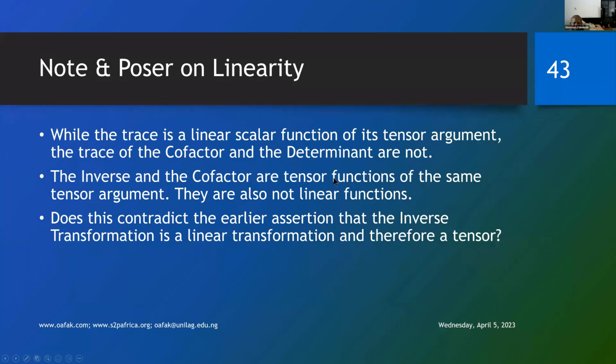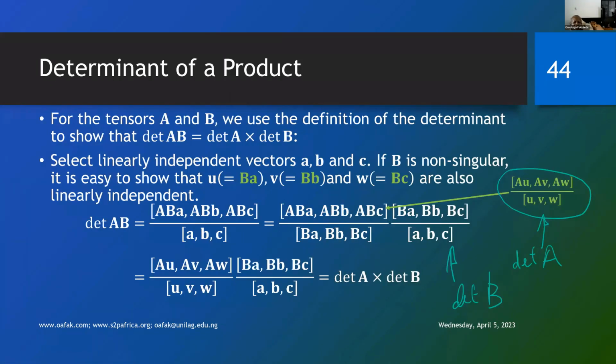Here we say it's not linear in its argument. Previously we said it is linear in its operation. So try and understand those two, because if not, you can easily get confused. Now, we want to show here that the determinant of a product of two tensors is the product of the